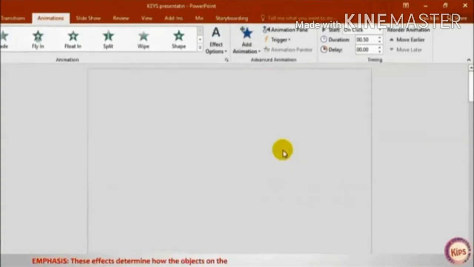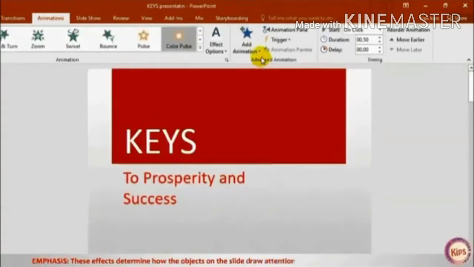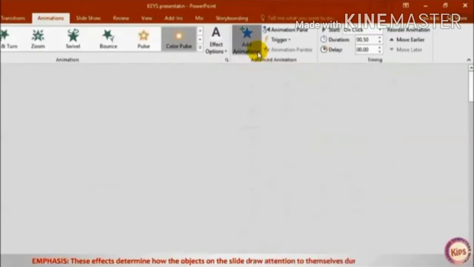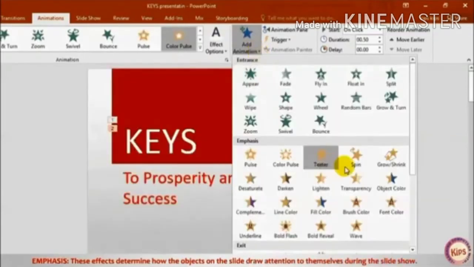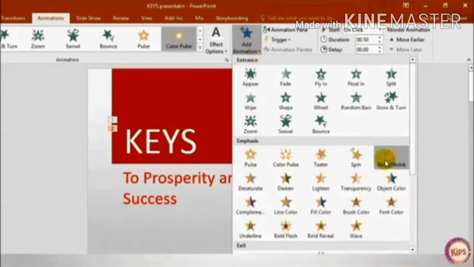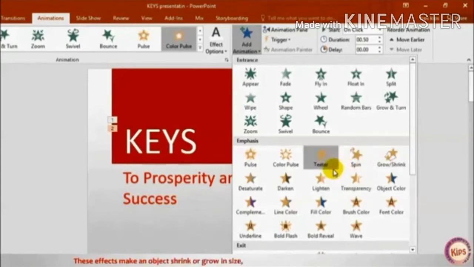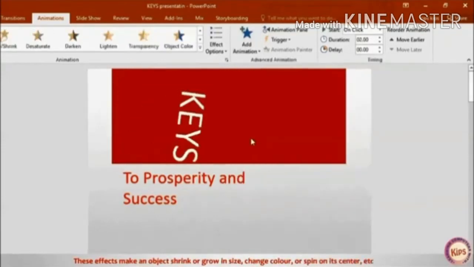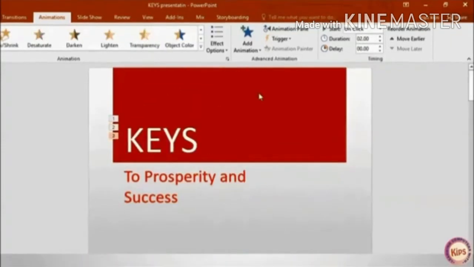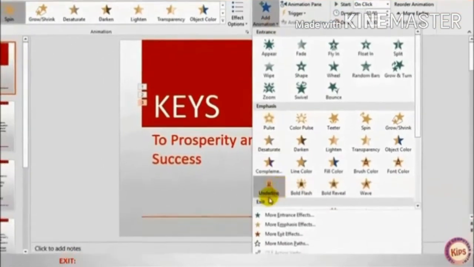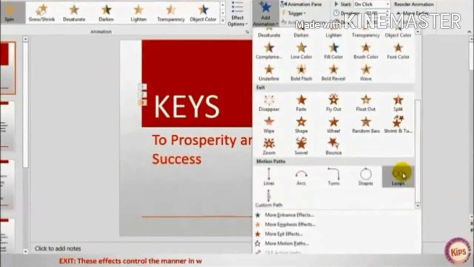The second one is emphasize. These effects determine how the objects on the slide draw attention to themselves during the slideshow. So this is the second effect. These effects make an object shrink or grow in size, change color, or spin on its own position.